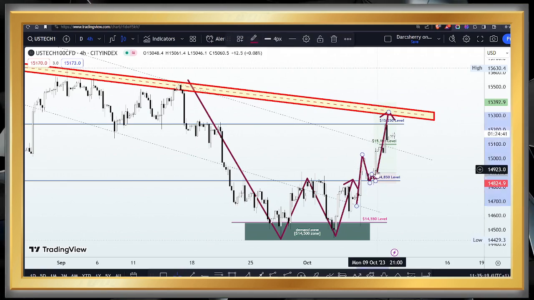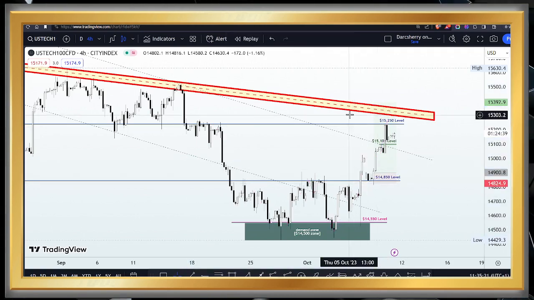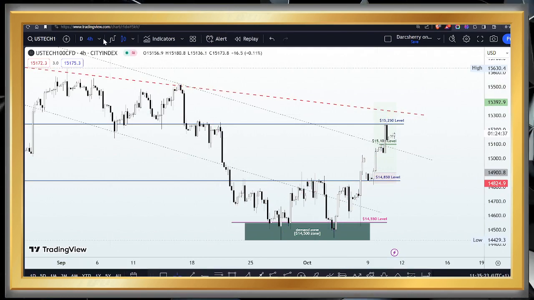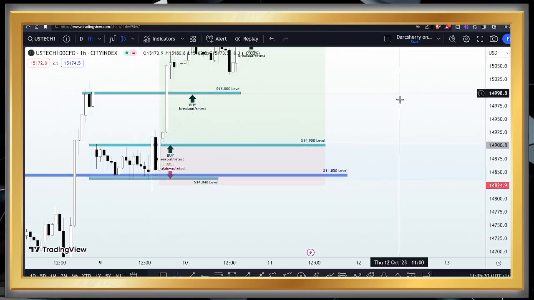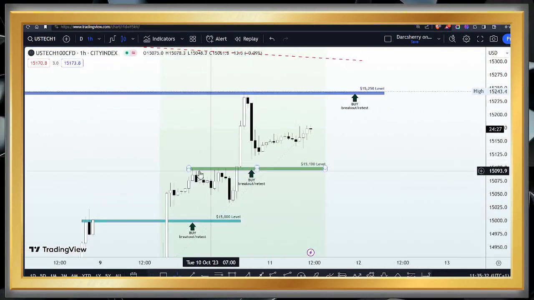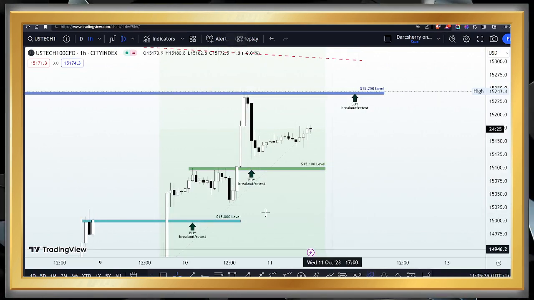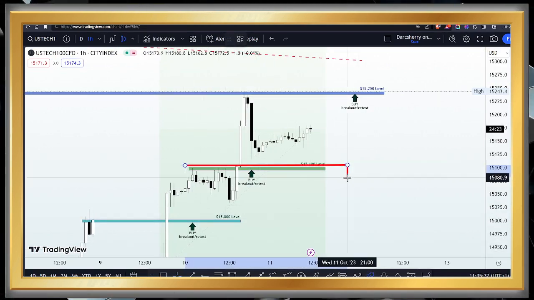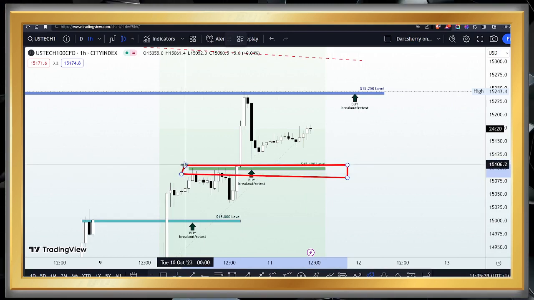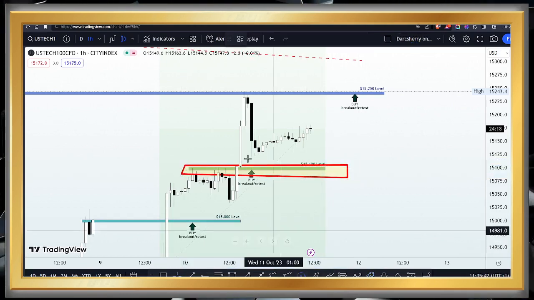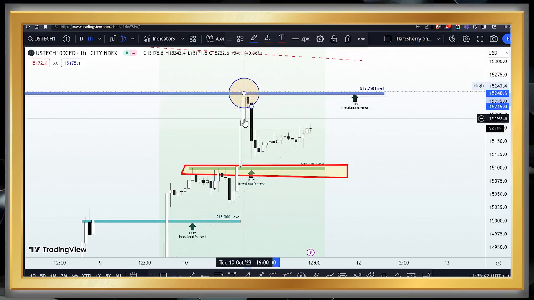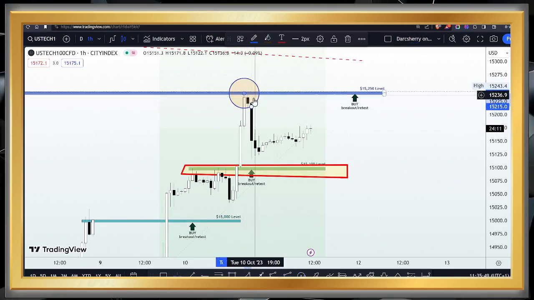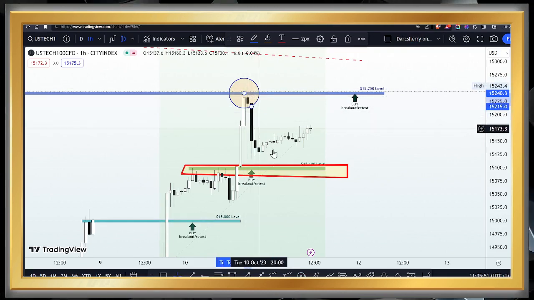Now, in anticipation of today's New York session, how do we intend to position ourselves for trading opportunities? So scaling down into the 1 hour time frame, let's zoom right in, and the latest structure that was broken right now is the 15,100. Now look at what happened after the engulfing candle. We saw that as soon as price tested the 15,250, this is the highest point price action has been for this week, we saw selling pressure resume to the downside.